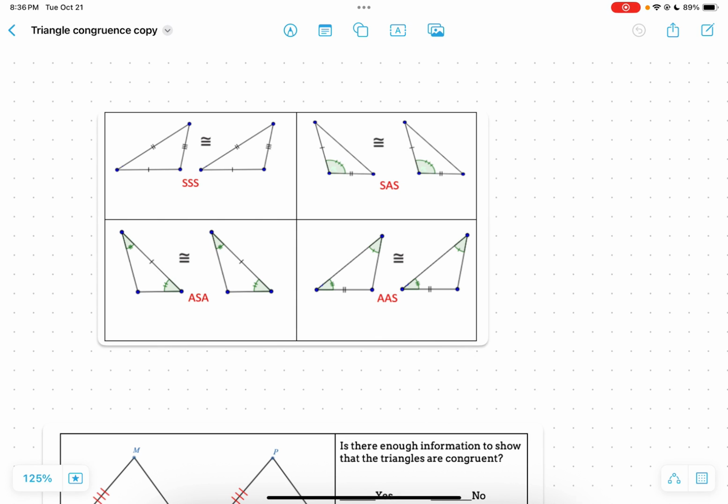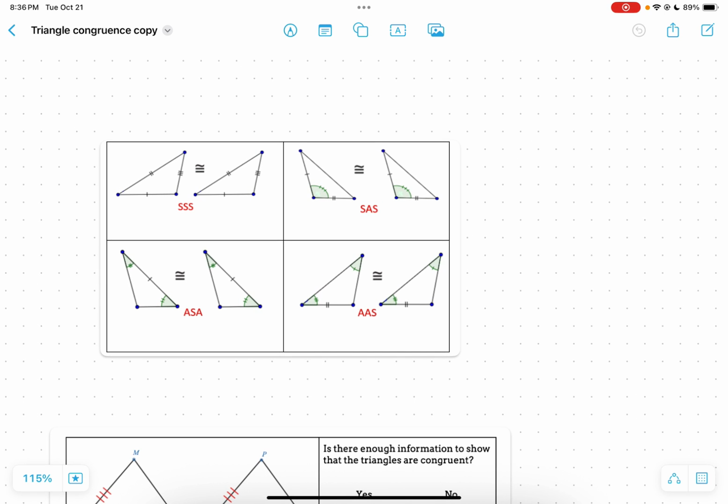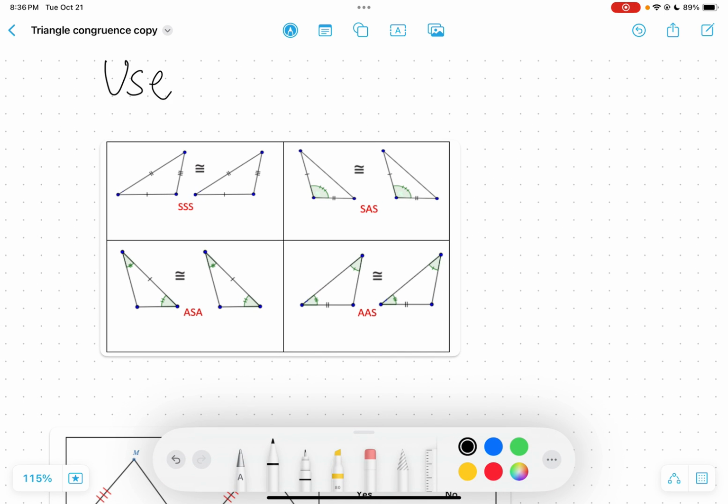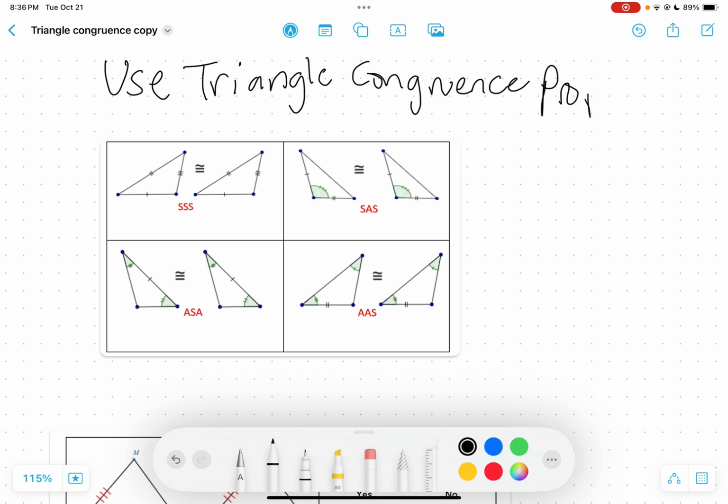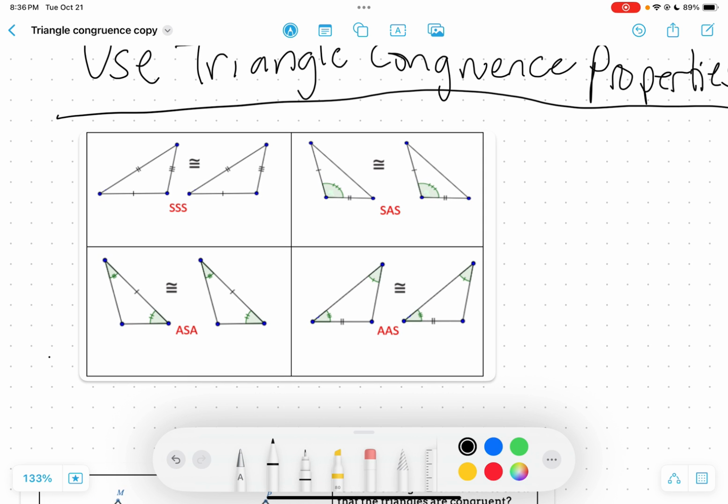All right. So in this lesson, we're going to focus on understanding how to use the triangle congruence properties. So the point of this lesson is to use the triangle congruence properties. Okay, so these are the four that we're going to focus on. I think it would be great to copy this down really neatly in your notebook because we'll be using these